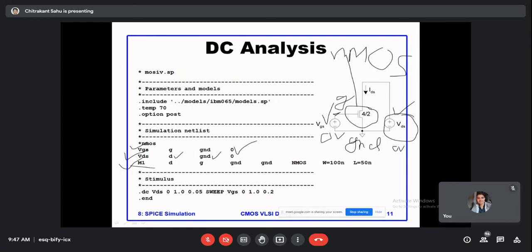Then we have the M1 transistor. Is a MOSFET a 3 terminal device or a 4 terminal device? 3 terminal? Oh, that is not correct. It is a 4 terminal device. There are gate, source, drain, and one more terminal, called the body or substrate. In this subject we study the enhancement type of MOSFET, which is generally a 4 terminal device.